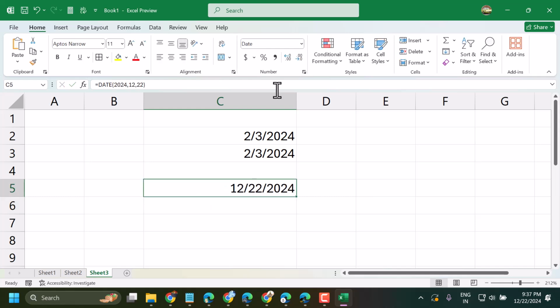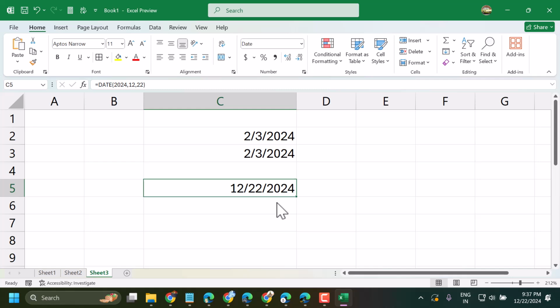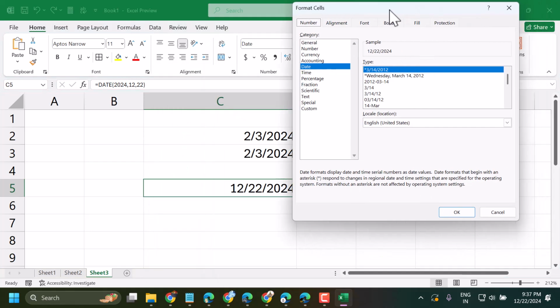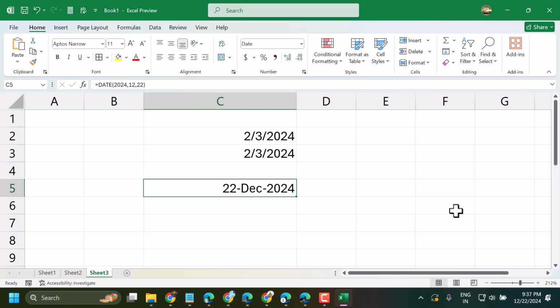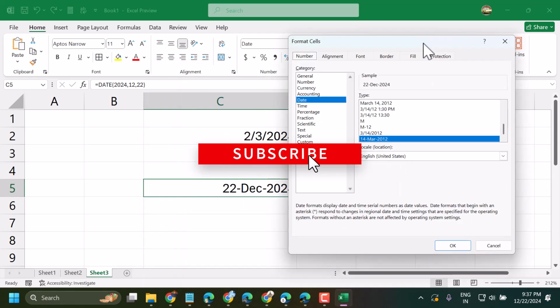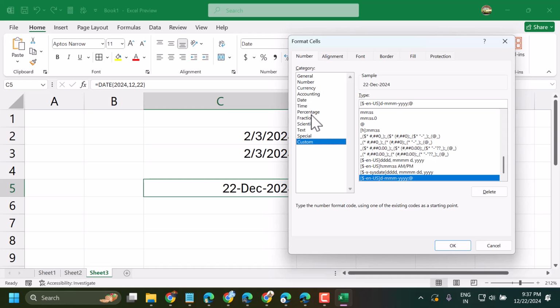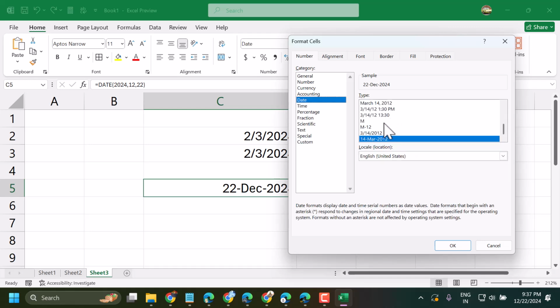Select it, then right click on it, Format Cells. So in the Format Cells, you can select any style or any format. Also, you will find in the Custom some options. And once you select the date, so